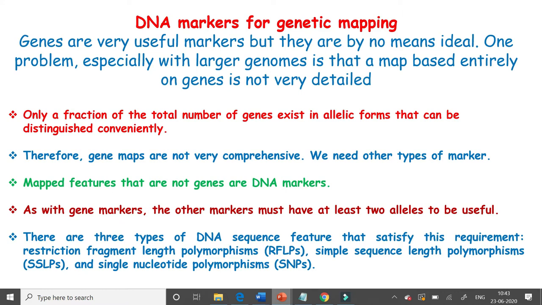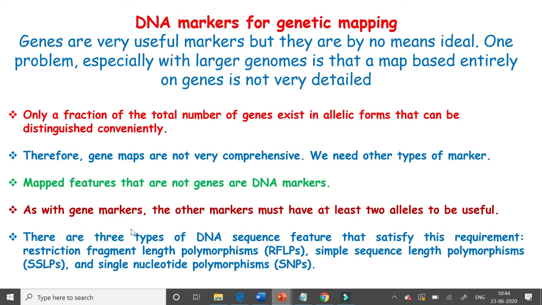Only a tiny fraction of this variation causes a mutant phenotype, and the majority of these changes occur in regions which are non-coding or within introns. So once assays are developed to track this type of DNA polymorphism, framework maps based on DNA markers could be established.